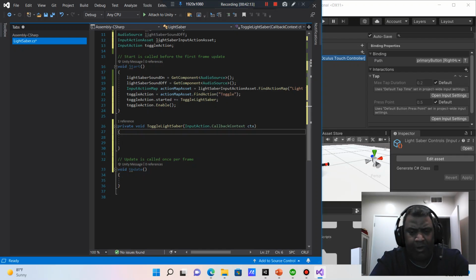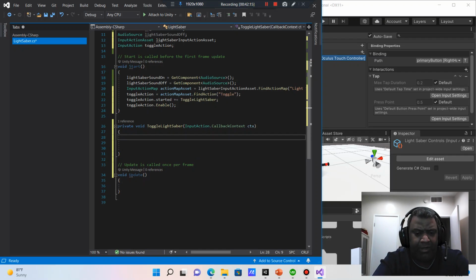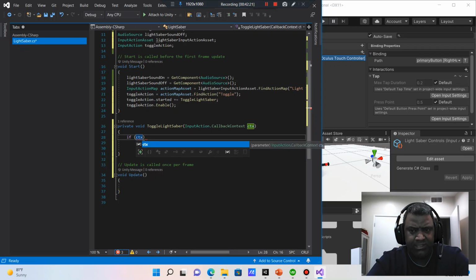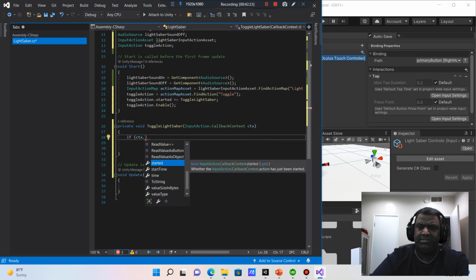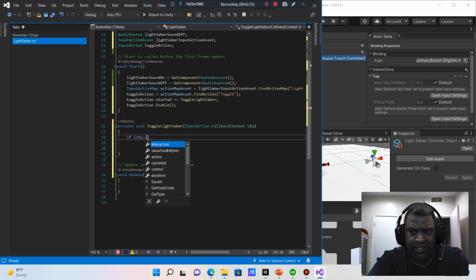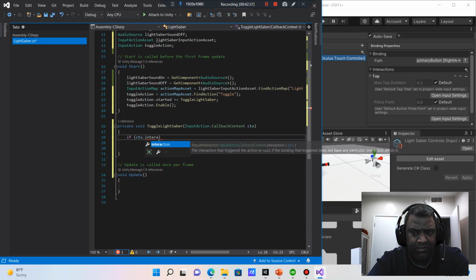So we can query if that ever happened. If context, meaning everything that's happening, all the events happening here. If context, now we're looking at the interactions. So we can type if context interactions